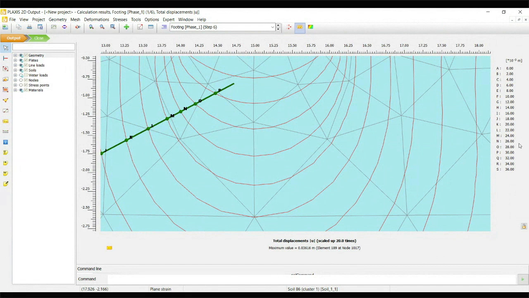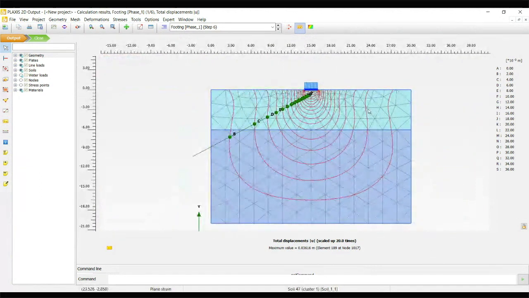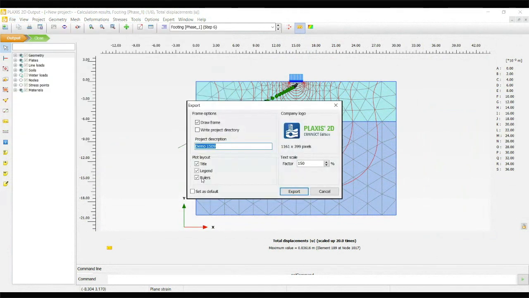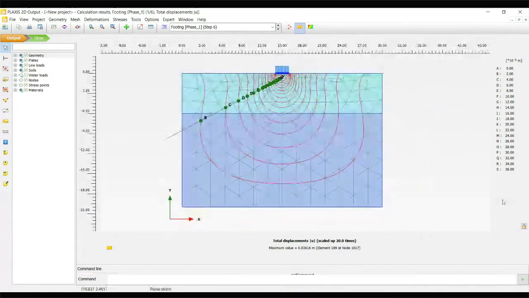What is the value, the deformation? It will be mentioned on the right side. You can easily index. You can make a screenshot by export to the file type. Export to the title. You can just simply export to Paint or an image file. You can take the image of particular screens.